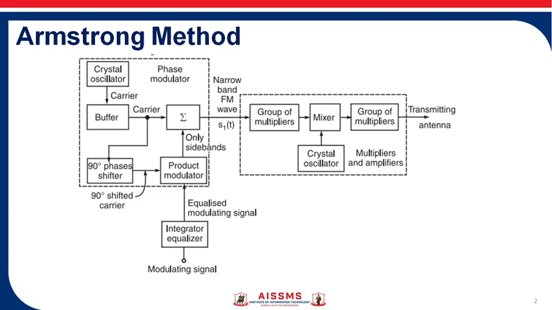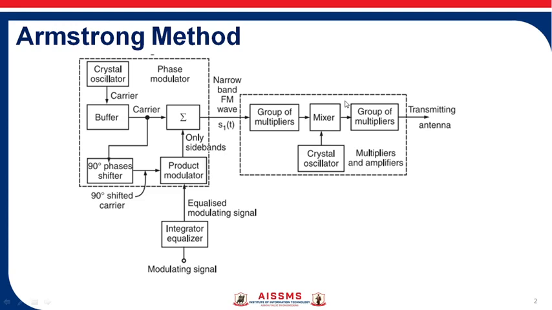By applying this signal to the group of multipliers, the carrier frequency gets increased. The next block is the mixer. Another input of the mixer is the crystal oscillator. So you know the working of the mixer: it generates the addition or the subtraction of the incoming frequencies. So over here in this FM,